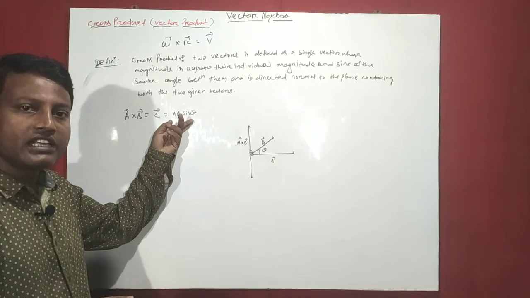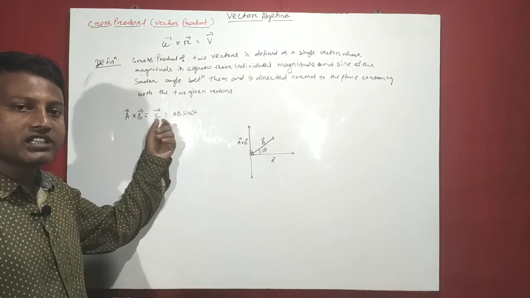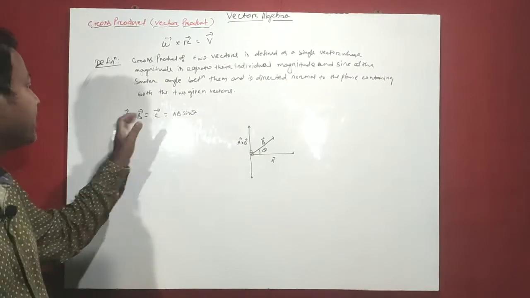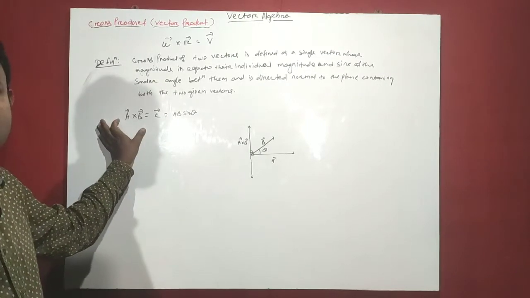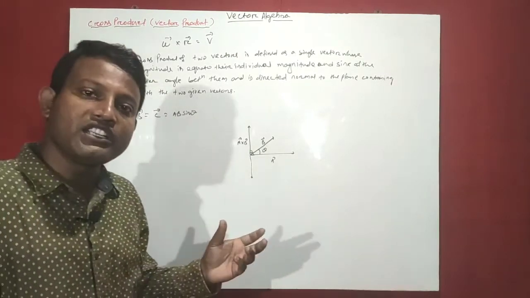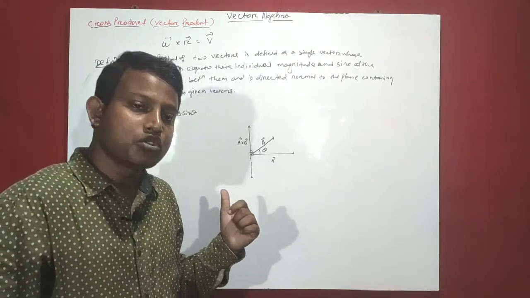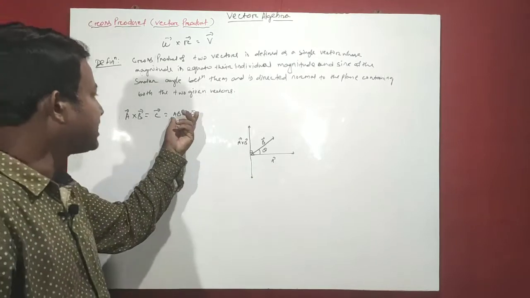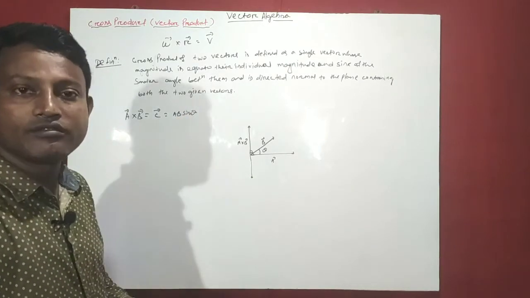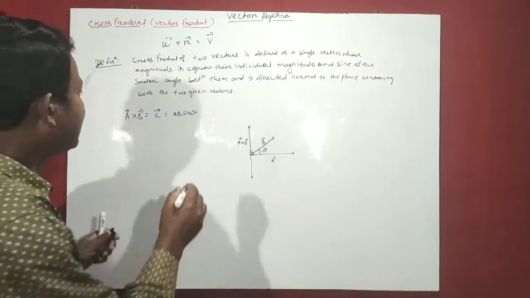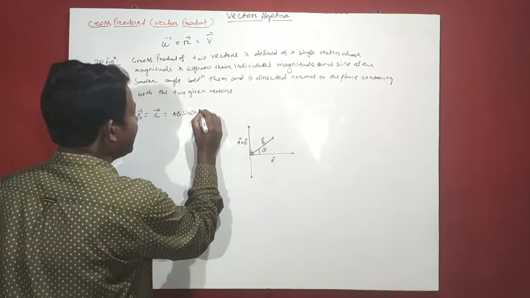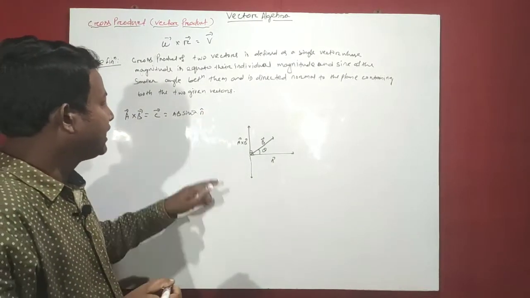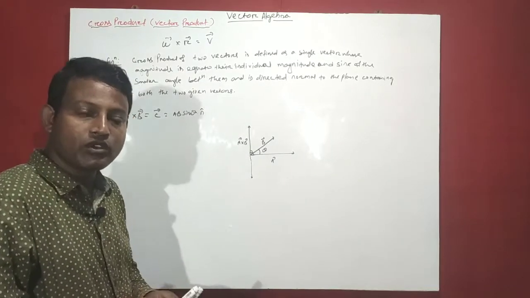Is this complete? Guys, look and say, is it complete? No guys, this is only the magnitude of cross product. Cross product is itself a vector, so we have to give this expression a direction. What is the direction? Let's say n cap. N cap is a unit vector along A cross B.